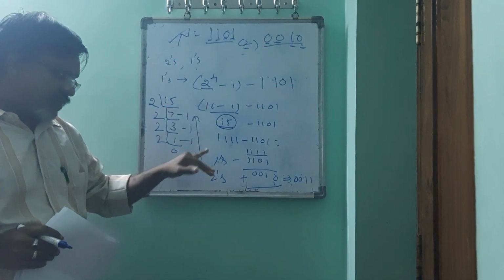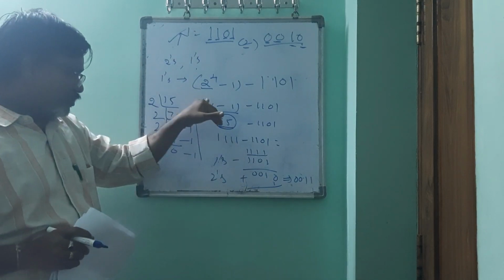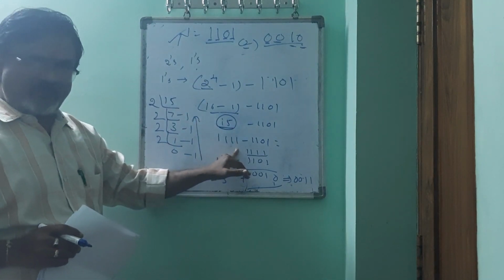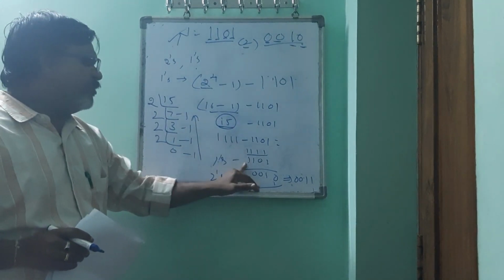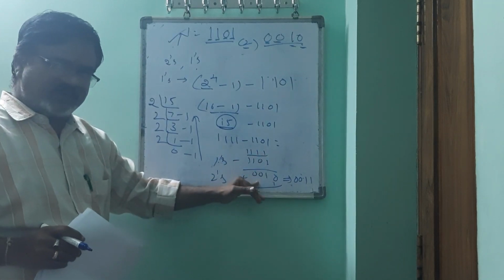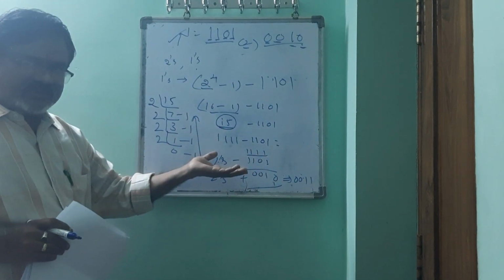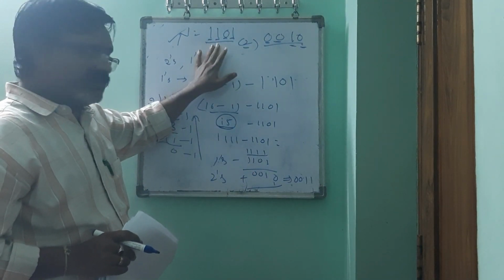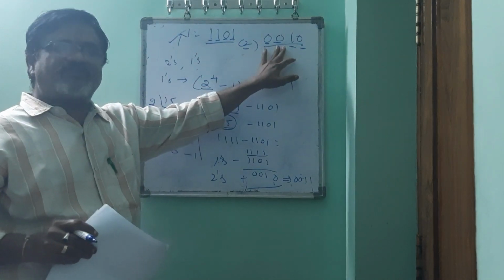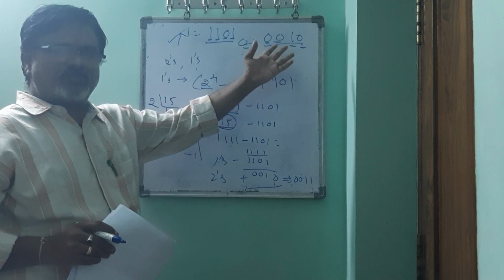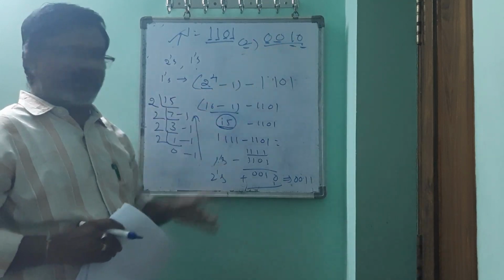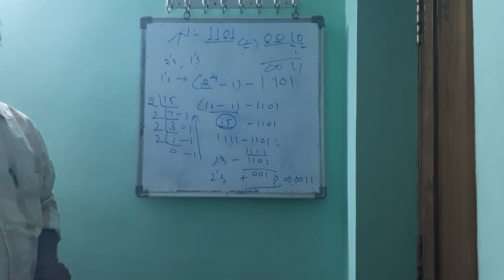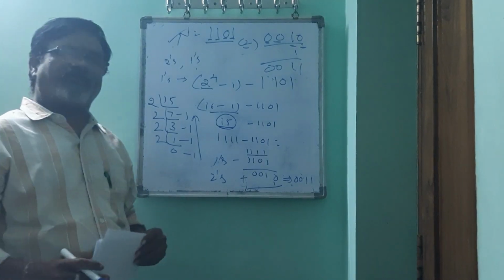So either you can subtract from all 1's, or you can use the formula. You can use the formula method, or you can directly subtract from all 1's. How many bits are there? Those many 1's, subtract it, and you will get the 1's complement. Or else, the simplest way: changing all the 1's into zeros and zeros into 1's of the original number, you will get the 1's complement. Once you get the 1's complement, it is very easy to get the 2's complement just by adding a binary 1 to that. You will get the 2's complement like 0011. So this is the way to find the 1's and 2's complements of a binary number system.